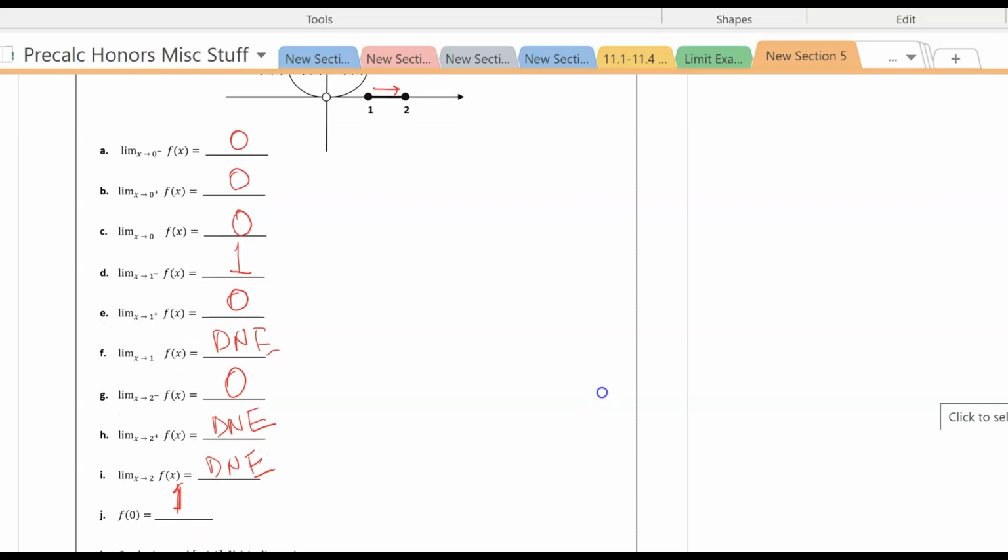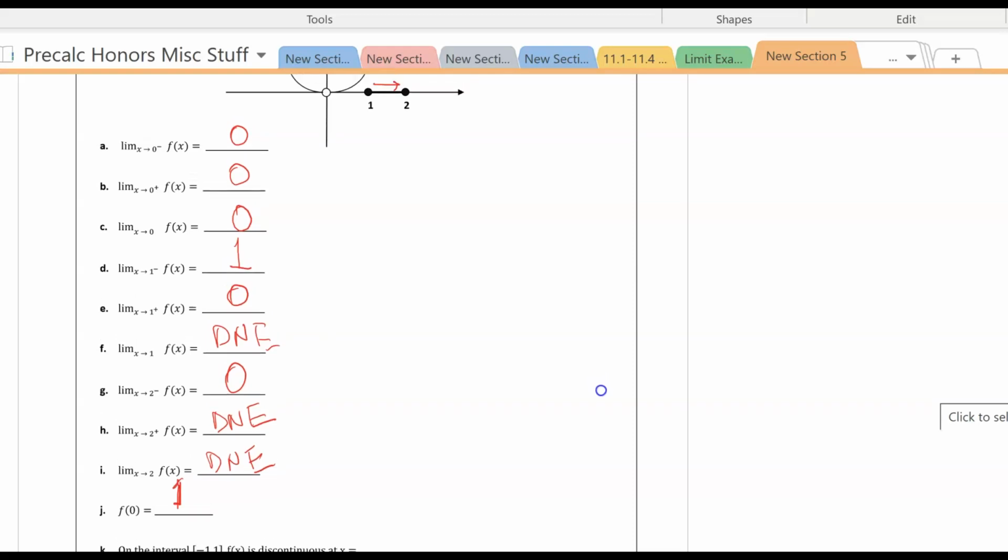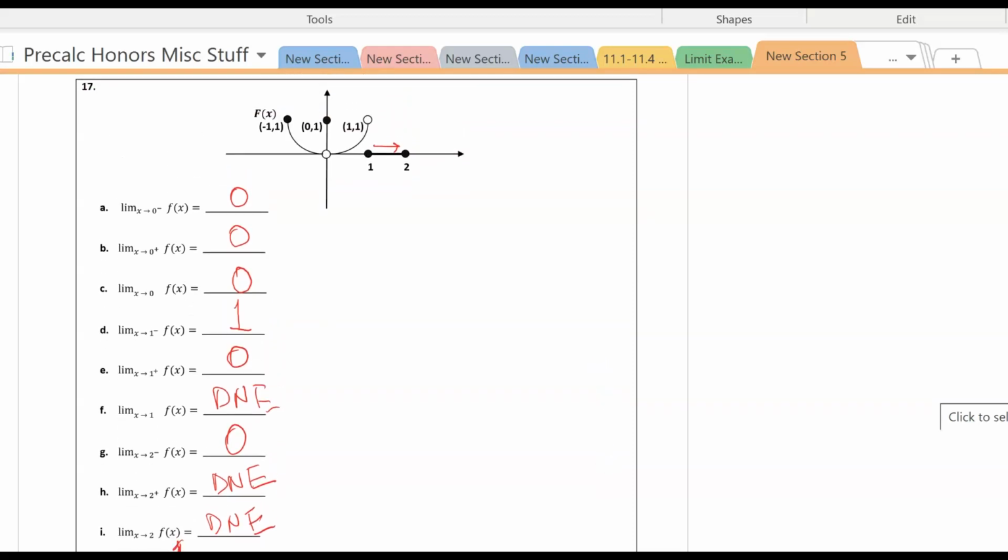Alright, and then on the interval from -1 to 1, f of x is discontinuous at x equals, so -1 to 1. So we're looking from here to here. Okay, discontinuous means that we're going to have jumps or gaps or holes. So in this case we see we have a hole here. So in order for it to be continuous,